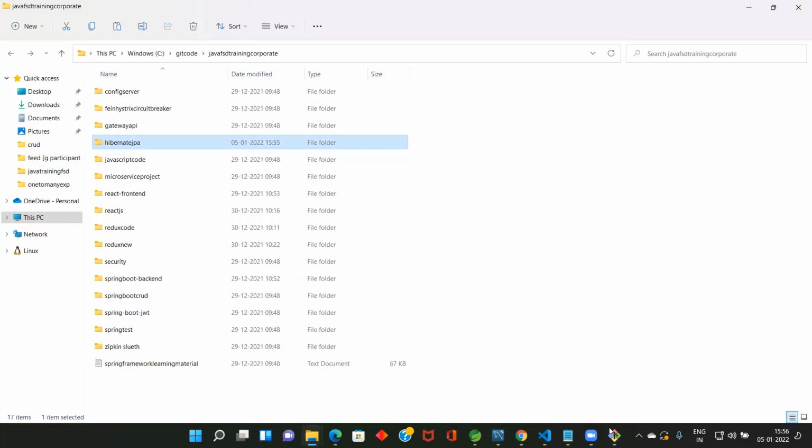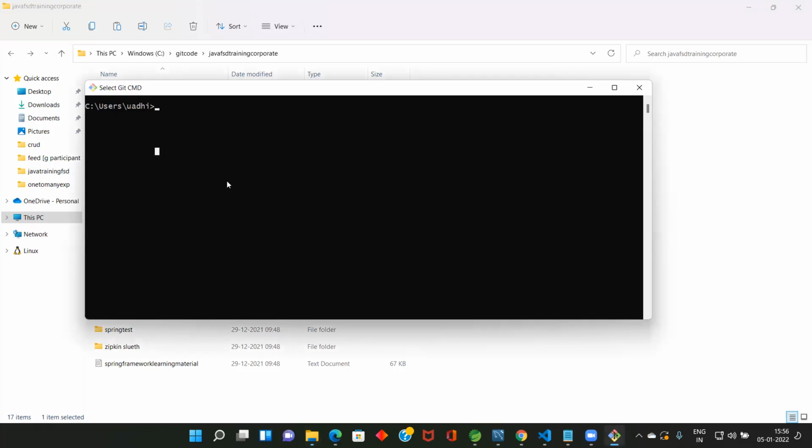Now this is a tool which all you people need to install, not now, when I teach Hibernate. C:, cd dot, cd dot. Okay, here cd git code, cd Java. So here I'm going to push all my code to the site. For that there is git add star dot star.